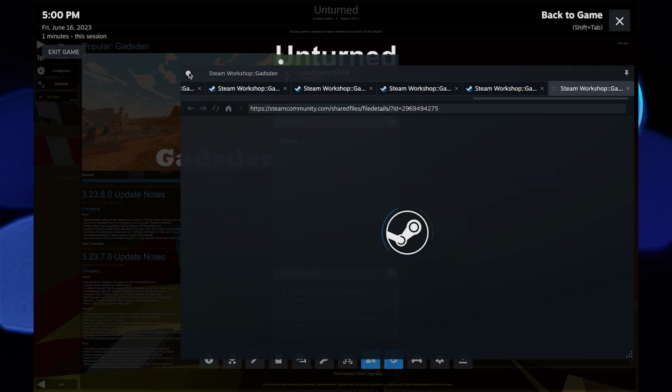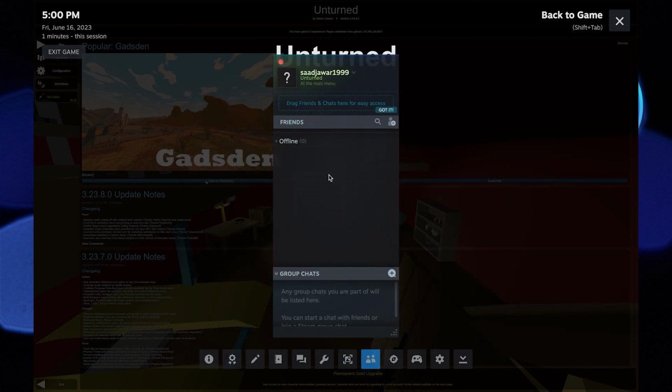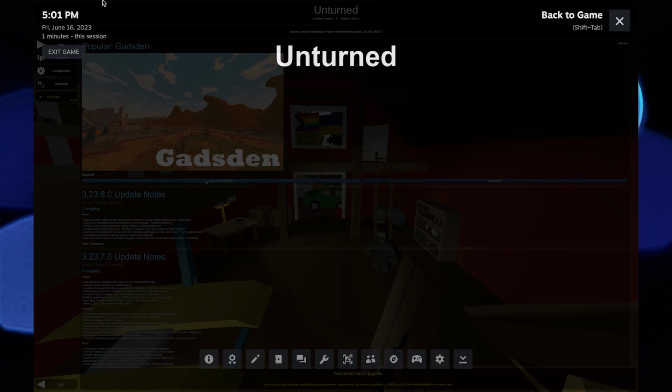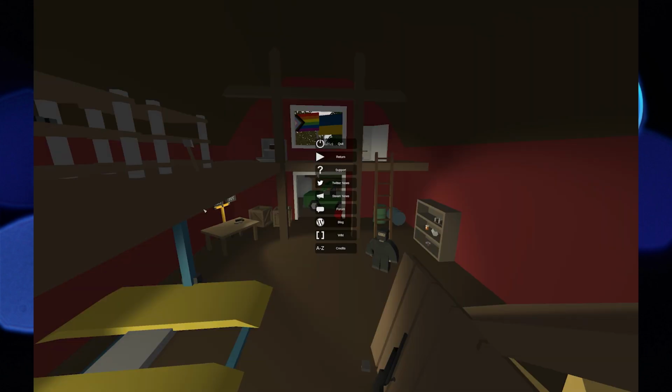Now a new window opens. This is where you can add friends. Tap on Add a Friend. Now close this window. After this, quit this game. This is how you can play